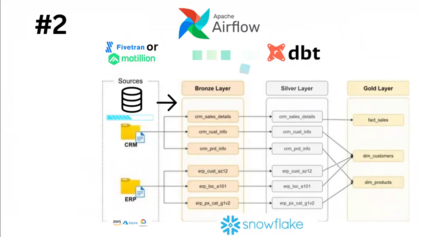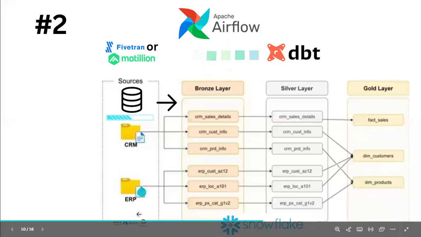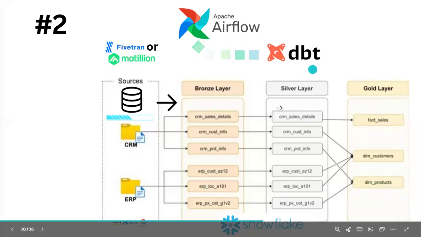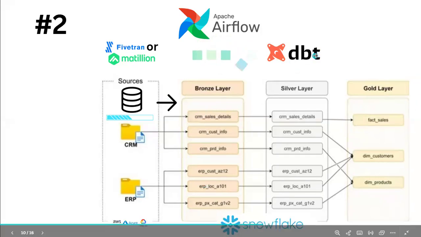Then project two, where we will create one database in GCP or Azure, or we'll put some files. The same data will not change. We'll use some database. We'll use Python or Matillion to load data; based on my time, I'll go with one of these ETL tools and extract and load it into this layer. From this layer, I'll process the data with the help of dbt.